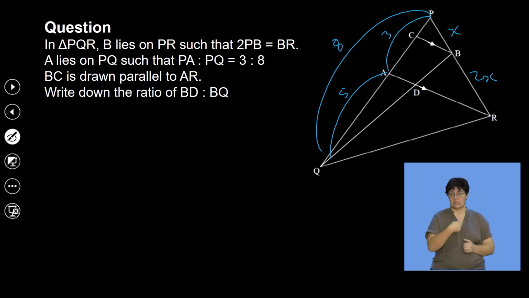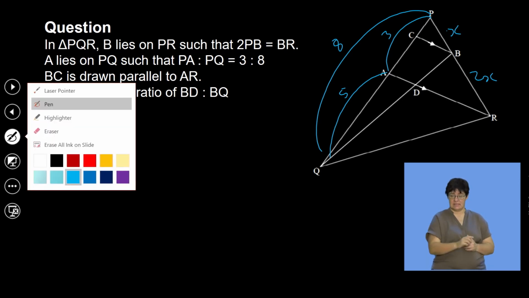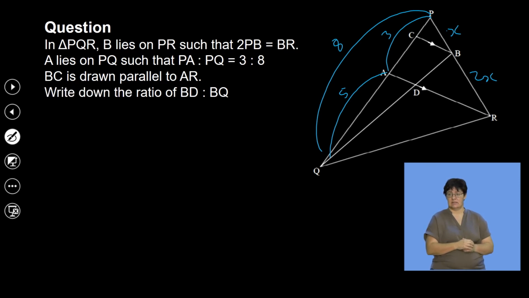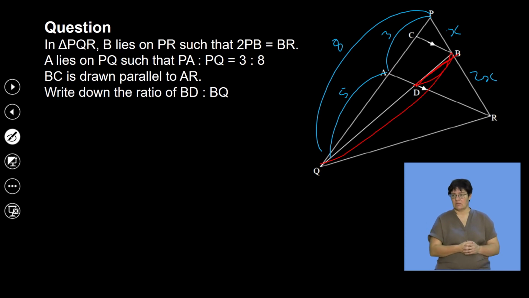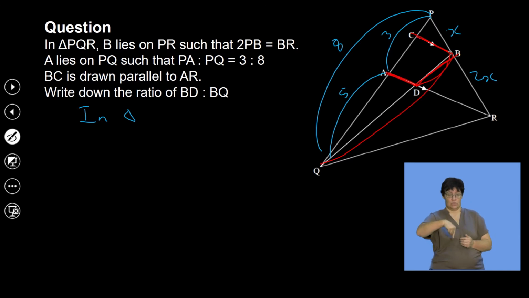So I want BD. So BD, different color, BD will be that there. And I want it to be with respect to BQ, which is that one there. So I want this small one with the longer side. So already you can see, guys, that these two are in proportion, right? They are parallel to each other, making that triangle to be in proportion. So I will therefore say in triangle BCQ,